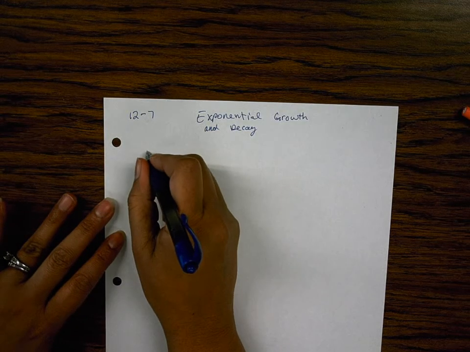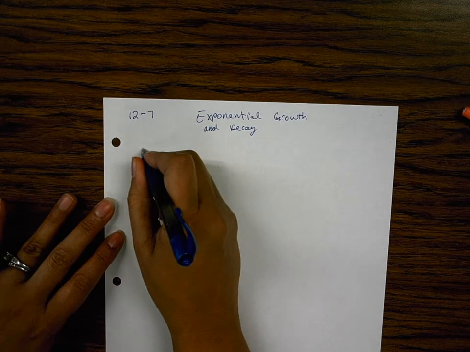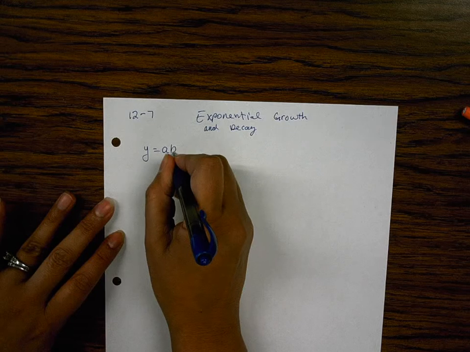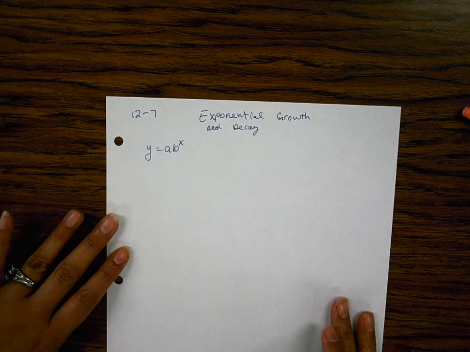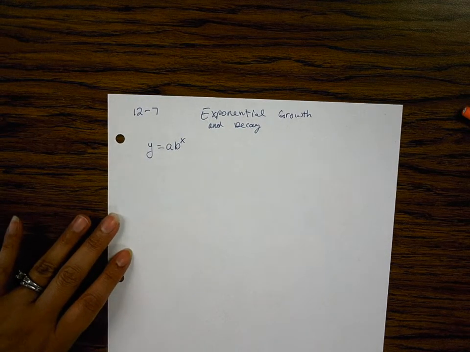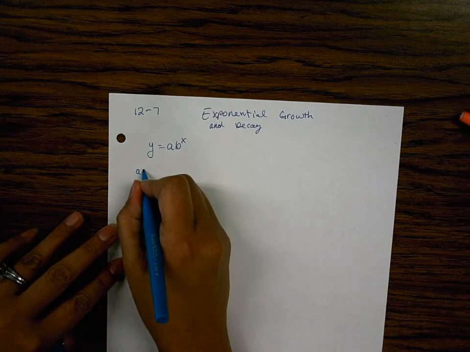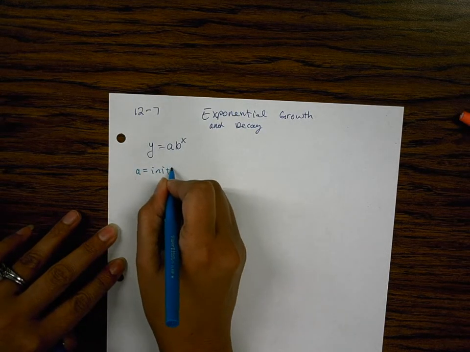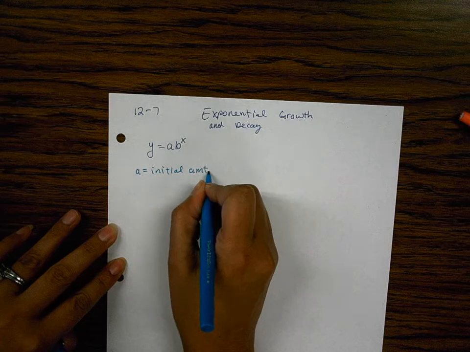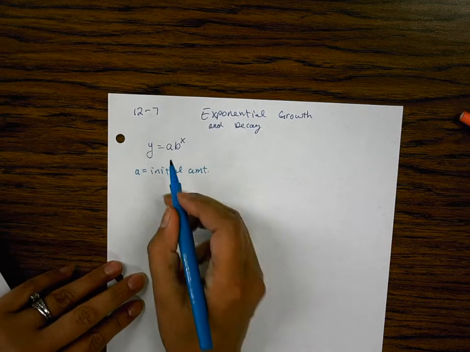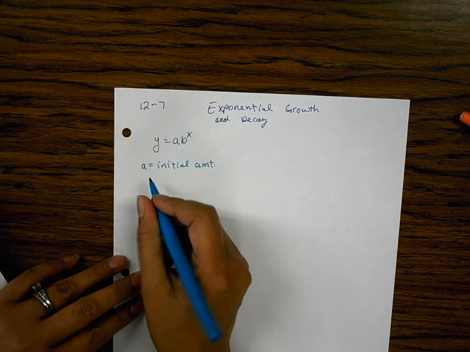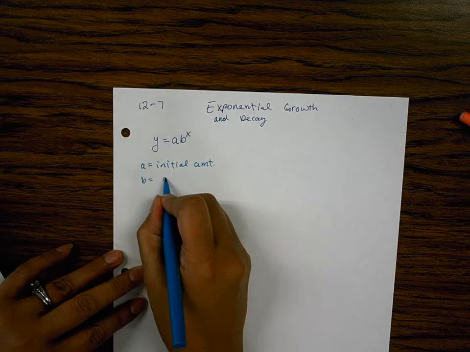Okay, our exponential growth or decay function is y equals a b to the x, where a is the initial amount, and we've talked about that before. It's always that first term after your equal sign. B is your growth rate